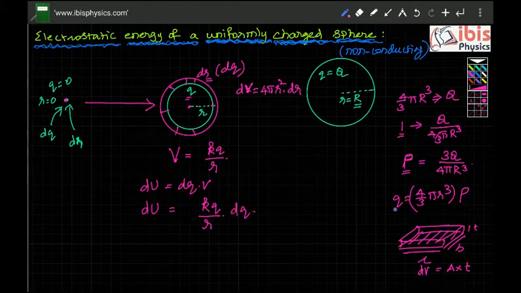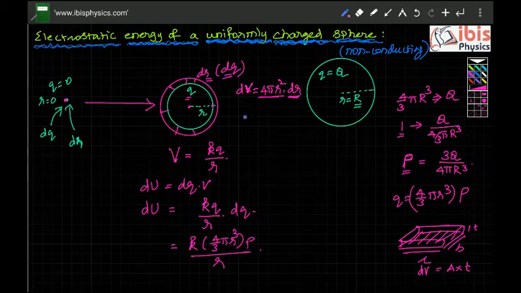Now look at this: the charge q is in this sphere of volume V, so the charge is equal to 4 by 3 pi r cube into rho. So k into charge is k into 4 by 3 pi r cube into rho by r. But what is dq? When you add dr thickness, you are adding dq. When you add dr thickness, how much volume did you add? 4 pi r square into dr. In this volume, how much charge will be there? dq. Again it has to obey this rule because the charge density has to be this.